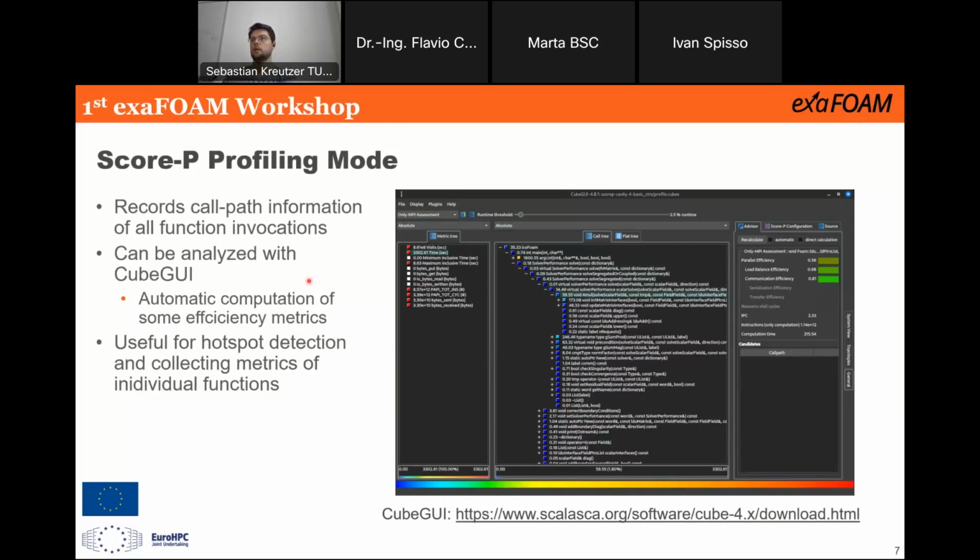The format used is Cube by Score-P, which is also an open source format, and there are different views and analysis tools available. If you want a graphical overview, you can use Cube GUI, which I think is included in Score-P, but it's open source,